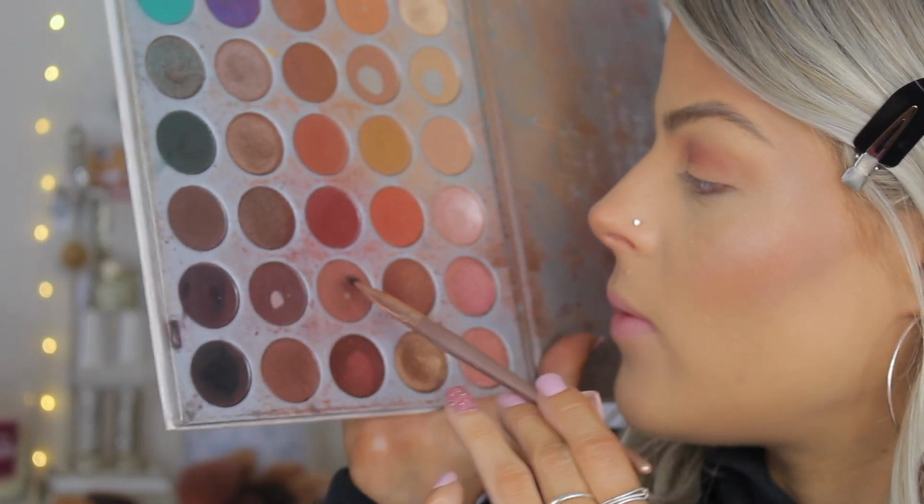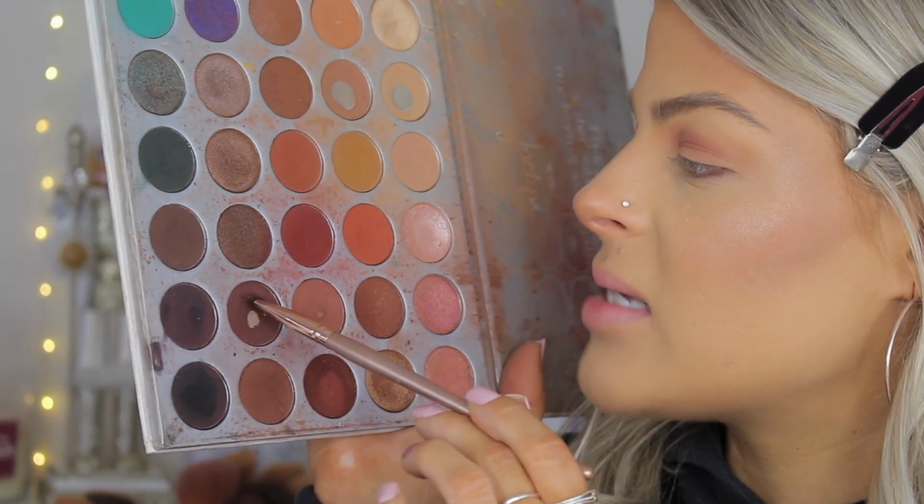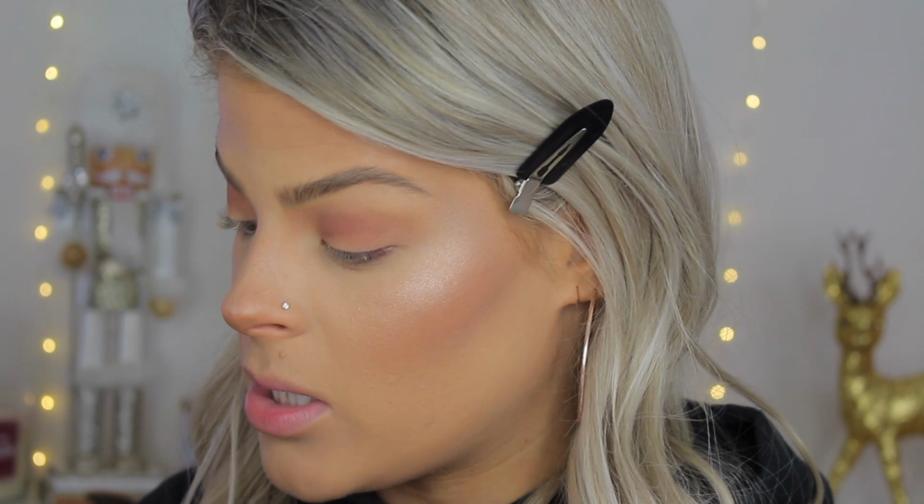So now is the part that I really love. I'm going to take that same shade that we just put into the crease, and I'm mixing it with this darker brown shade. And I'm using a brush like this from Morphe. I think this brush is essential for this look because it really creates that winged out effect. You want to draw this straight out so that it has a straight line